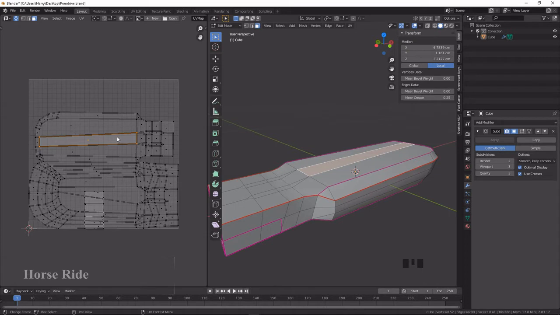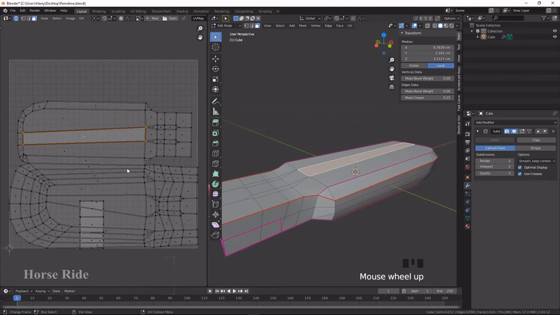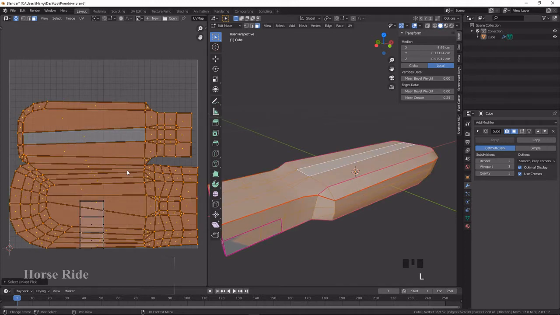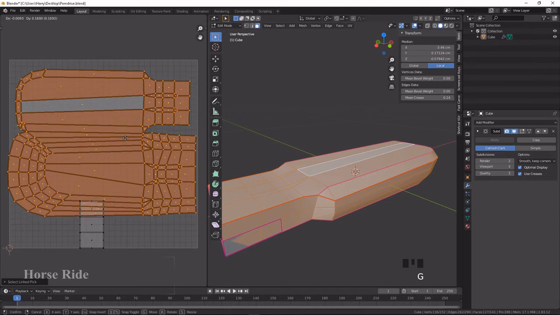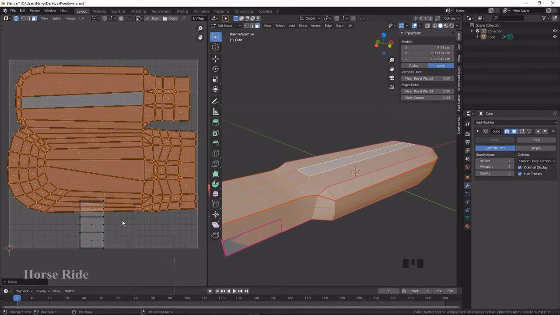So these are the faces which are required for us to apply a texture or text or logo, anything to appear on the pen drive. So press L on the keyboard and press G to move. So I move it like this.